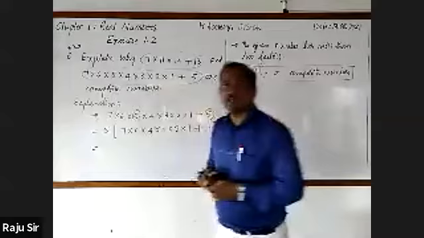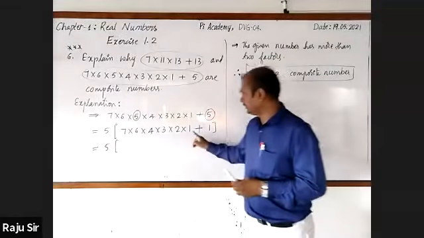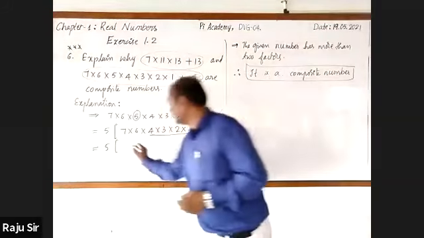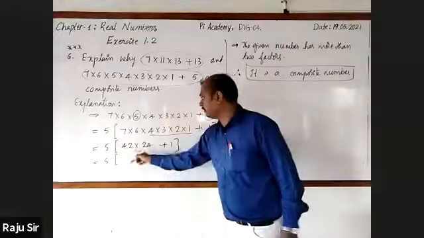It is equal to 5 into, let's go for multiply. Let us start from small numbers, it will be easier. 1 is there. 1 twos are 2, 2 threes are 6, 6 fours are 24. 7 sixes are 42. So 42 into 24, plus 1. Let us multiply 42 and 24.